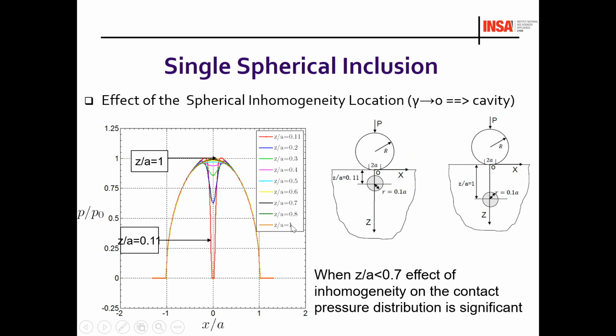inclusion is at the Hertzian depth, not at the Hertzian depth, in fact, because the Hertzian depth here is 0.5. 0.5 is the blue one here, 0.5 times the contact radius. This is the solution. Okay, you have a small perturbation. And to have no effect of that, typically, you have to keep in mind that the best is to have the inclusion at a depth which is equal to the contact radius. Okay, 2 times the Hertzian depth. And then there is almost no effect on the pressure.